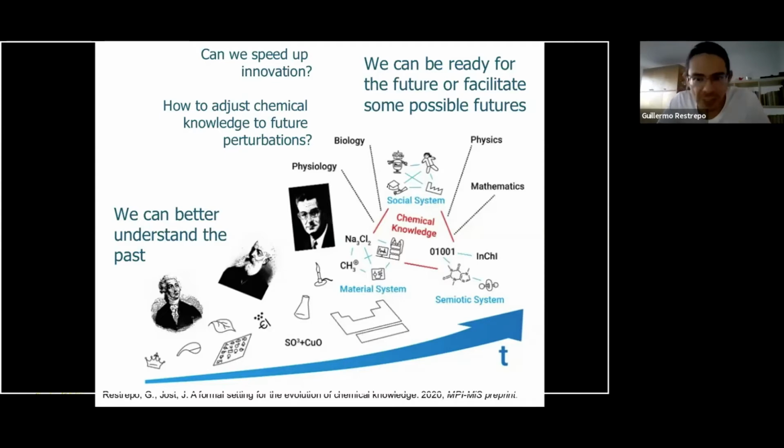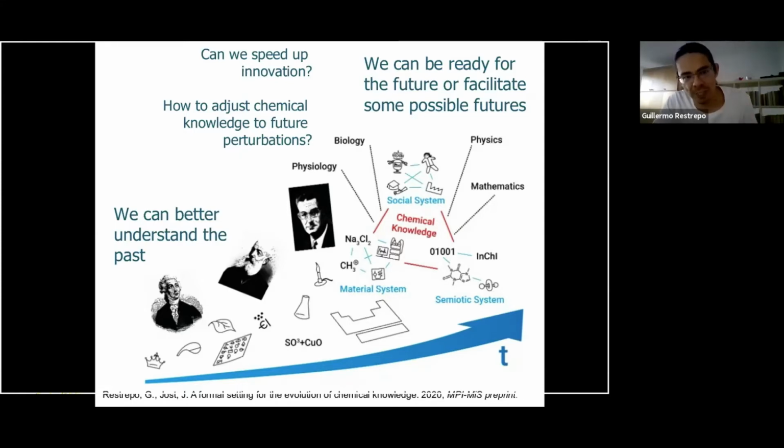chemistry. But I'm not saying that we are going to say which is going to be the next important catalyst. I'm not talking about those estimations. I'm talking about large scale patterns that could be extrapolated into the future. That's more or less the idea of those estimations or extrapolations, and that has to do with innovation. What I'm saying here is that this is not only important for the history of chemistry, but also for chemistry.